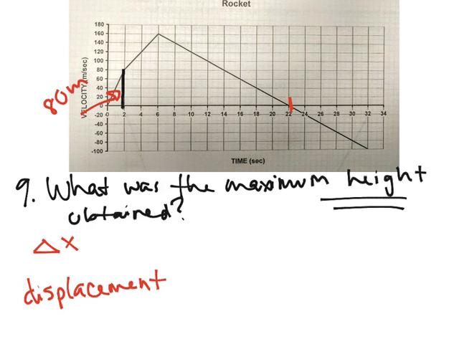Then I would break it up into a square here, or this rectangle, and this triangle, and then this is our huge triangle over here. So that's going to be a lot in that one space, I think you can tell. So let's first do this section. I'm just going to name it B. It's a triangle, so it is going to be half base times height. So half, and then our base from here, 2 to 6, our base is 4 seconds. Then our height is from 80 to 160, so that will give us 80 meters